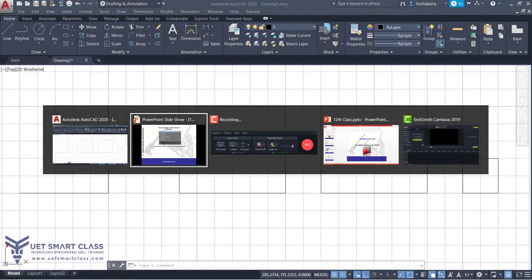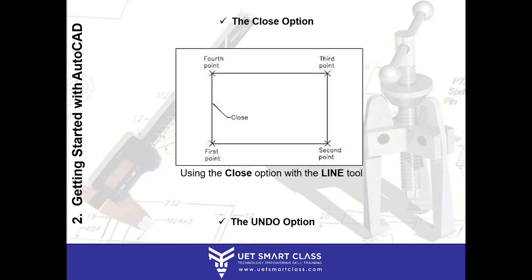All right. I'll repeat the steps again. L, enter. Click on your screen to specify the first point.